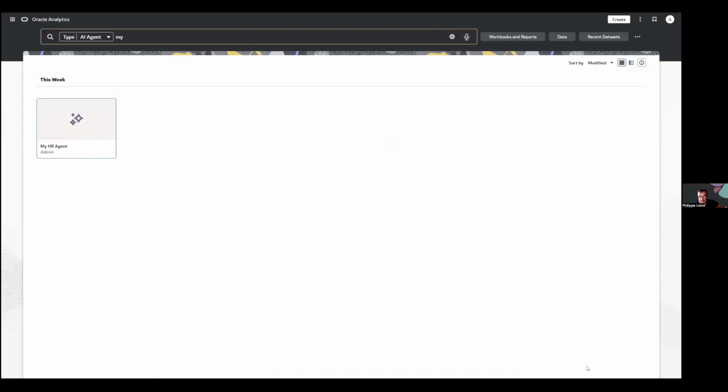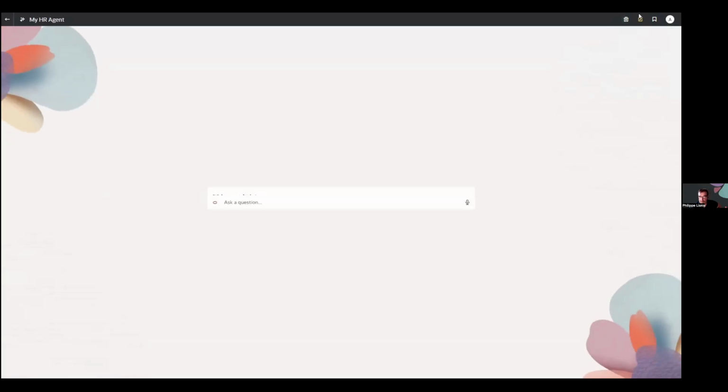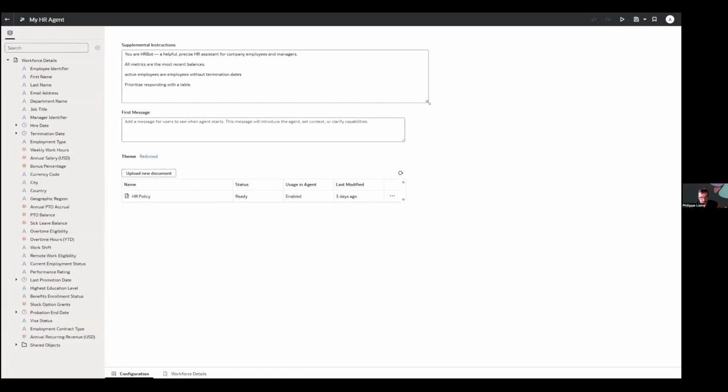An AI agent is a new type of object that sits in between the data set and the Gen AI assistant. And that AI agent, let me open this one, is basically combining a data set. So here is a data set for that AI agent, which is indexed and can be queried by assistant, along with a few other artifacts.